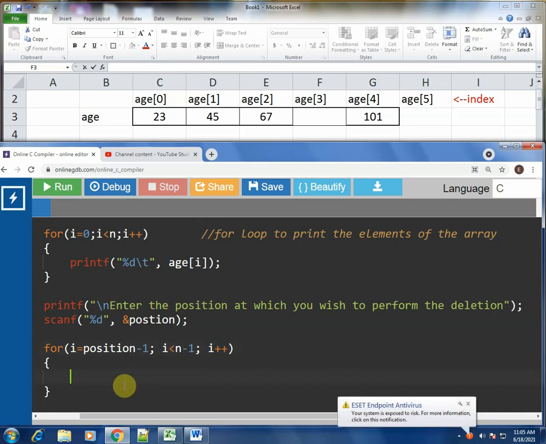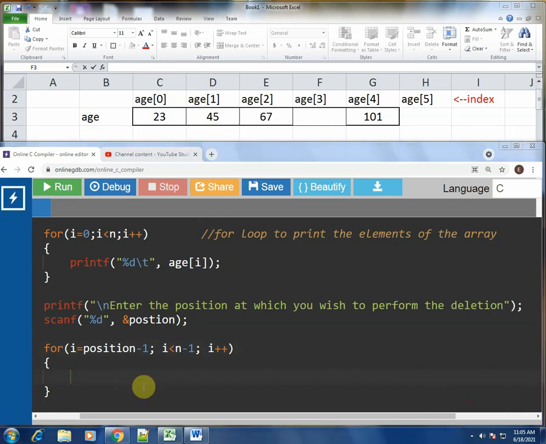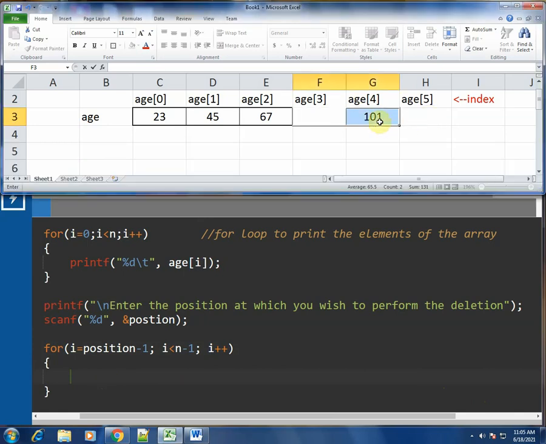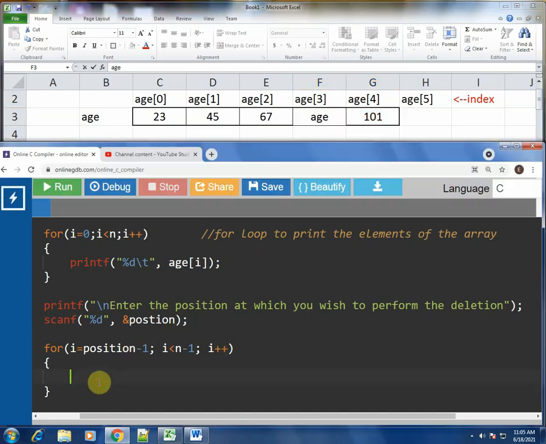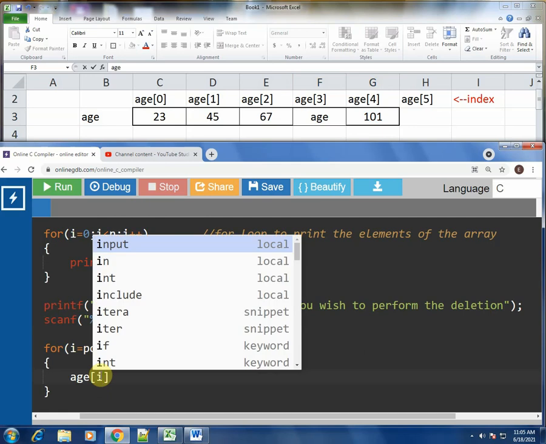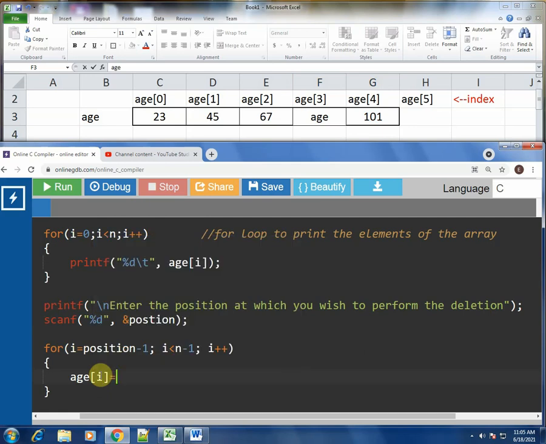Now you have to copy those further values into the place where you want to do the deletion. For that you will have to write the name of the array, with i as the variable, and i plus 1.